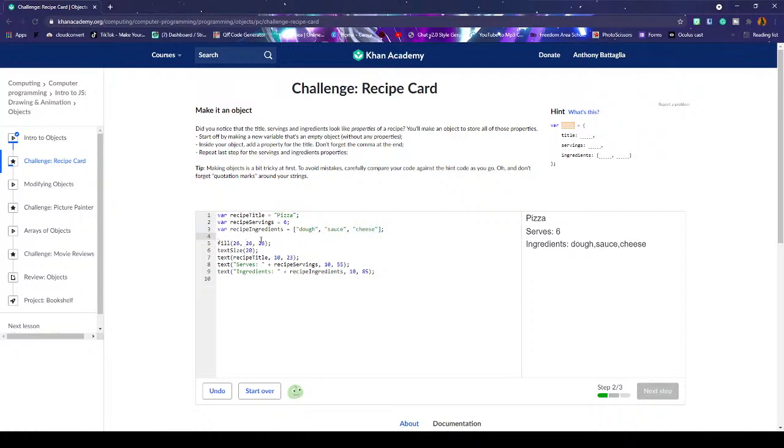But let's just start a new line of code. Var. Well, you guys can do this part, and you can do it step by step, or you can create your own recipe and stuff for that. But yeah,